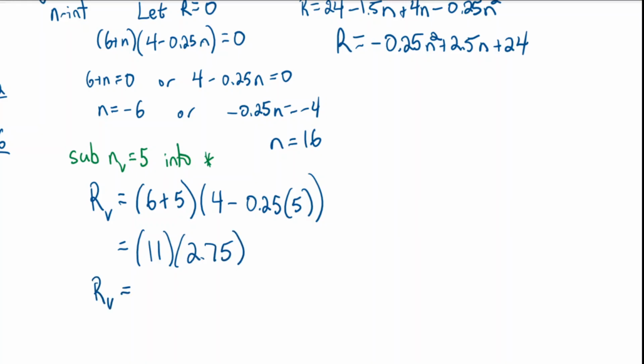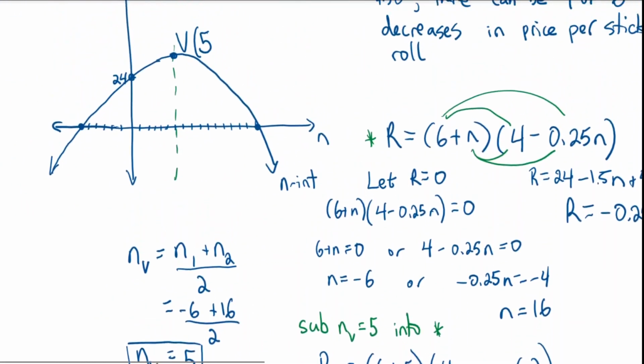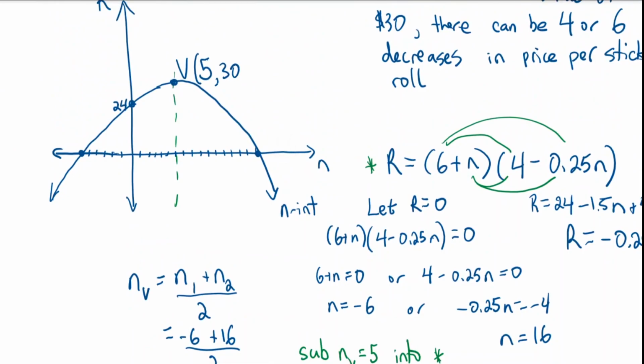So my revenue is going to be 11 times 2.75, which is $30.25. The value this question asks you to determine is not actually the maximum revenue. It's just a revenue that we chose, to see how many decreases are needed to get that particular revenue. But what I've just determined is the R value is $30.25. That is going to be the max revenue I could achieve